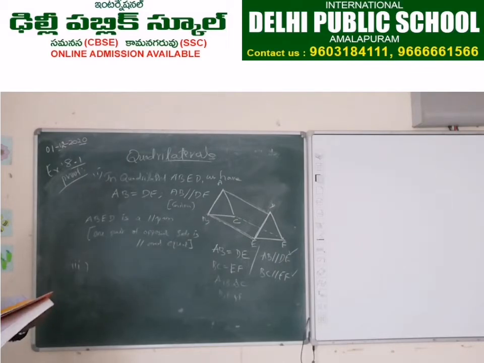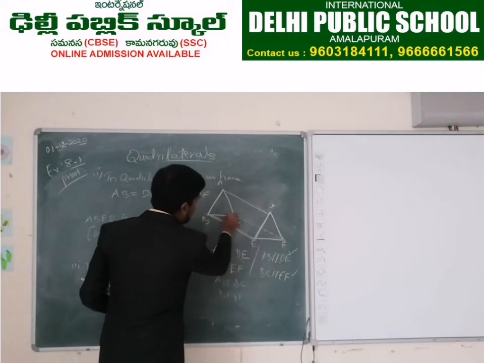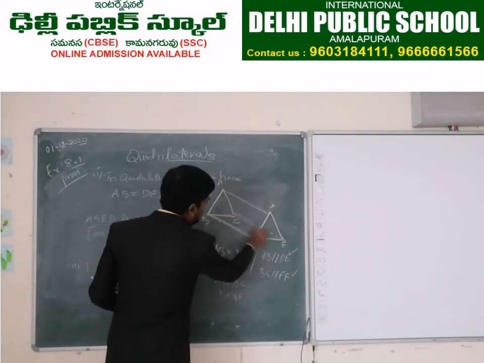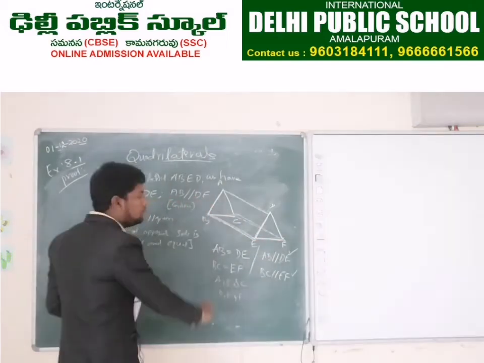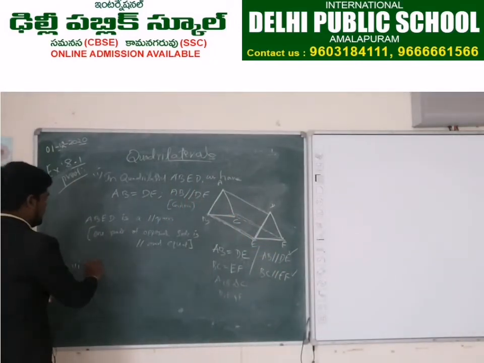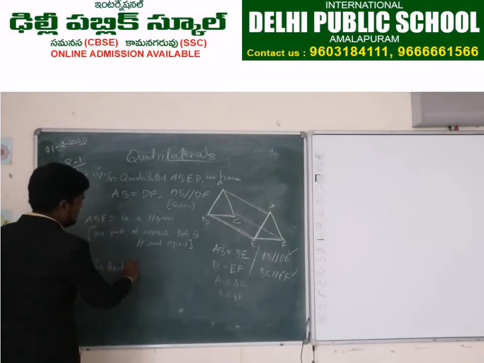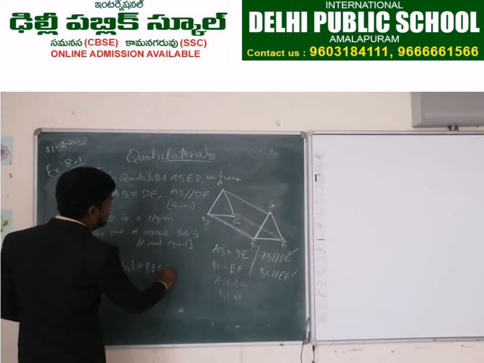BE quadrilateral. What is that? BEFC, right? BEFC. You have to prove this one is a parallelogram. Okay. So in this quadrilateral, BC is equal to EF, right? And BC is parallel to EF. Same reason. In quadrilateral BEFC,